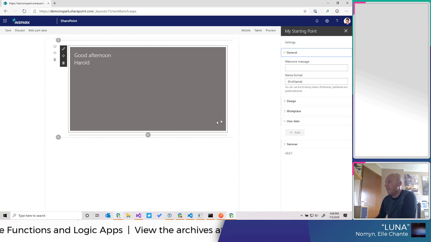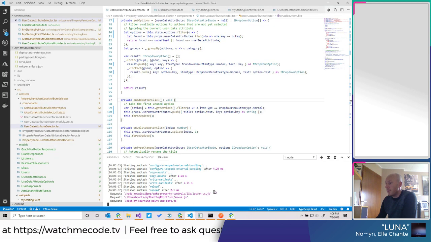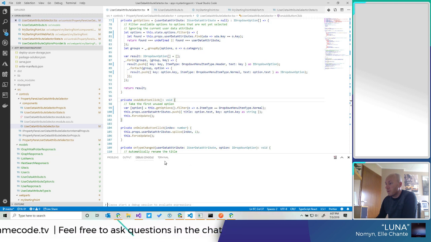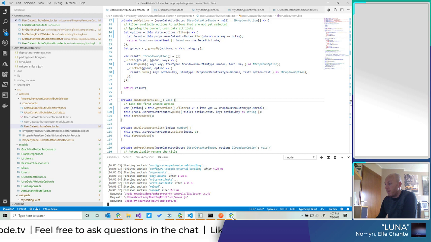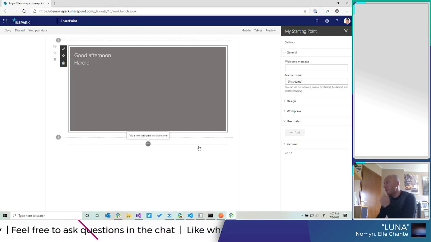So if I go to edit, you can see here that we have this user data section, and for some reason I am not able to click add, which is kind of odd. Not sure why that is. Maybe something failed.